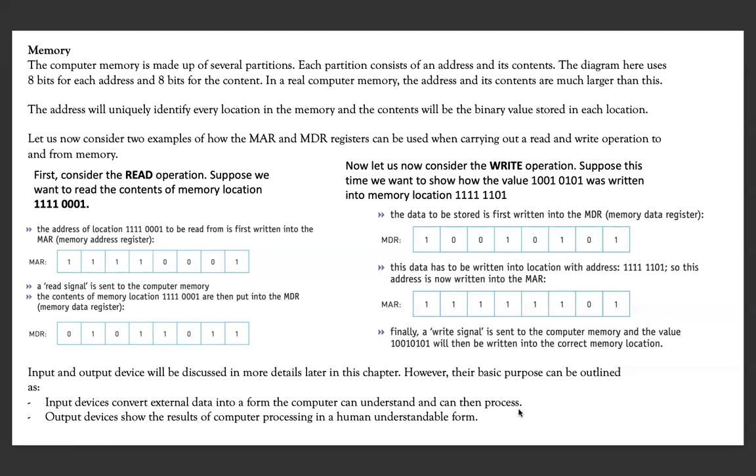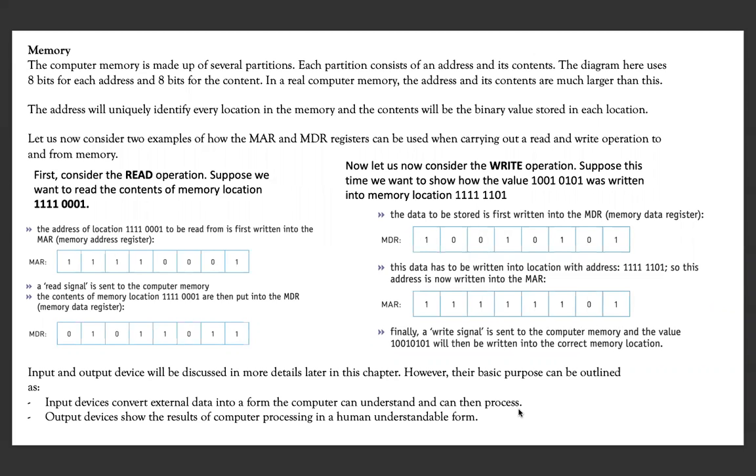So whenever we want to define an input device, we will not say something that sends data into the computer, for example, a mouse or a keyboard. No, an input device is defined as a device that sends data to the computer from an external source in a computer understandable form. So all input devices, be it a keyboard or a mouse, are basically taking inputs from the external environment, but presenting them to the computer in a computer understandable form, which is ones and zeros. So our input is then basically understood by the computer based on this.